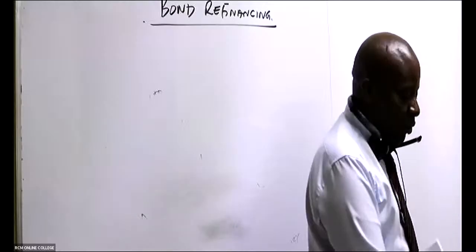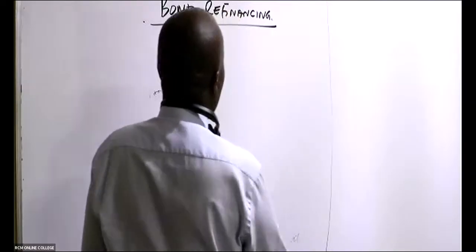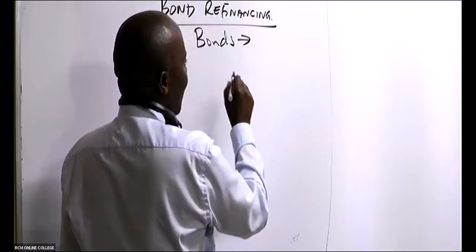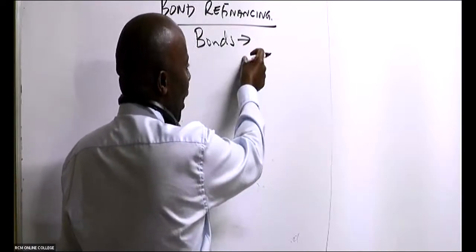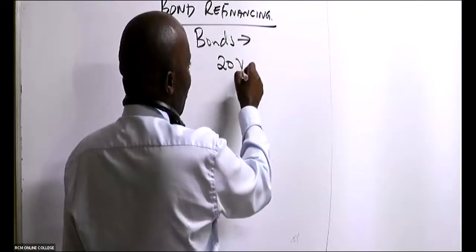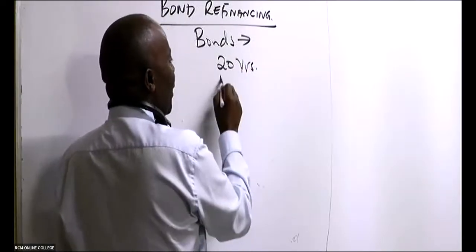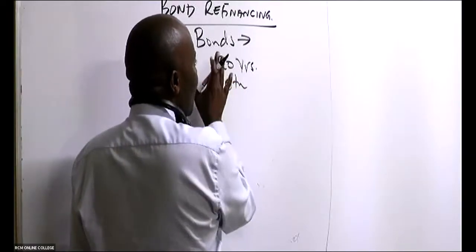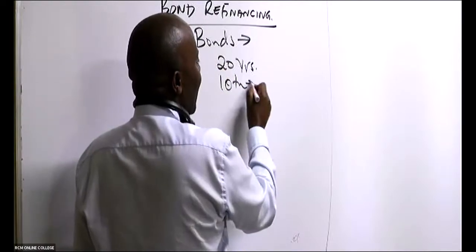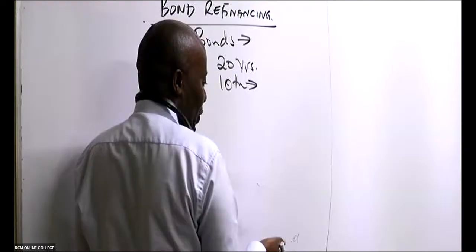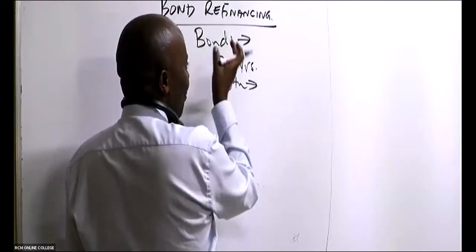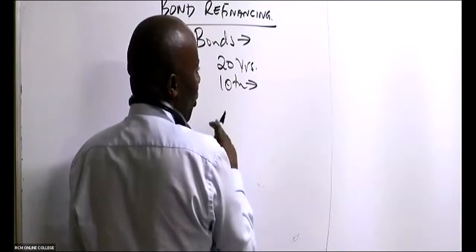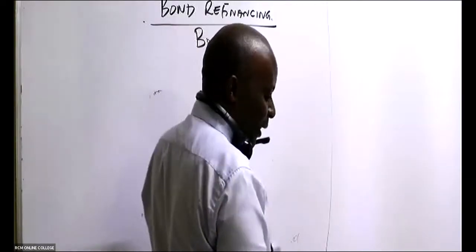So you must have heard of the government of Kenya talking about refunding of bonds. So before these expensive old bonds mature, before maybe you've taken a 20-year loan bond, and then on the 10th year, you realize that there are people who can give you the same money using these very bonds, but in this case here at a lower interest rate. So what do you do? You'll be able to refund the old bondholders, and then you issue out new, cheaper bonds. That is what we call bond refinancing.